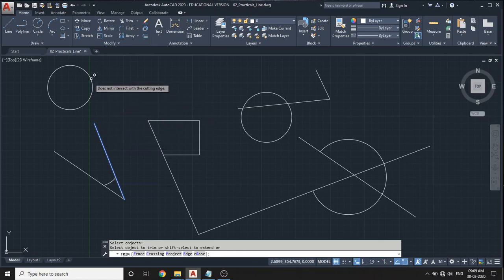Then if I select this particular portion, the side of the circle, you can see a small mark there mentioning that the cutting edge does not intersect with the circle, or the cutting edge is not coming and intersecting with this particular circle, so it is not possible to trim that one. But what if I want to extend this line to here,